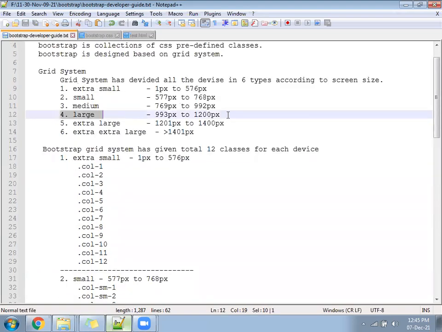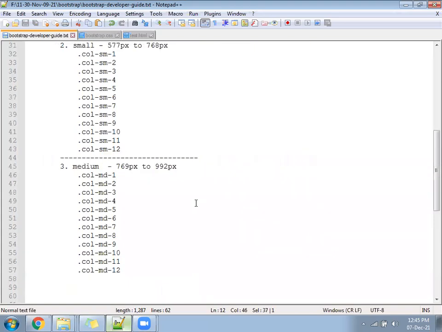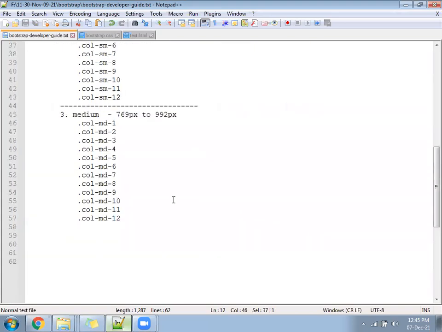Next, col-lg. Hope everyone is writing. See, the Bootstrap developer guide, I never share with anyone. I am writing for my own purpose, and you write for your own purpose. Clear? Why am I writing? I am writing so that you will write. Otherwise, I already have one file that I finished in the 9:30 batch today. I would open that guide and show you, and then we'd say bye and go home. So I'm writing so that you will write. If you write, you will remember.